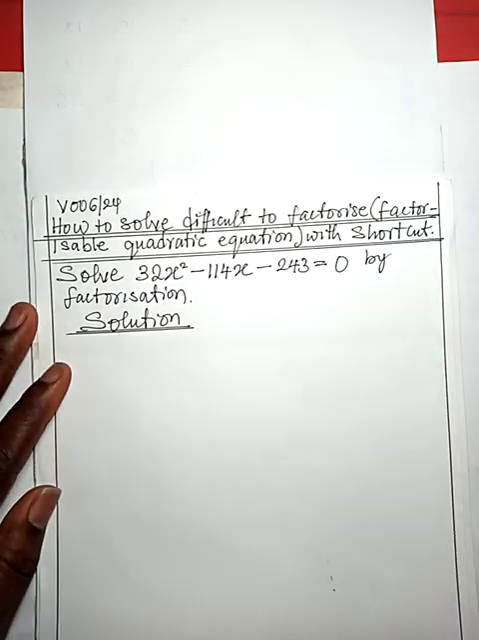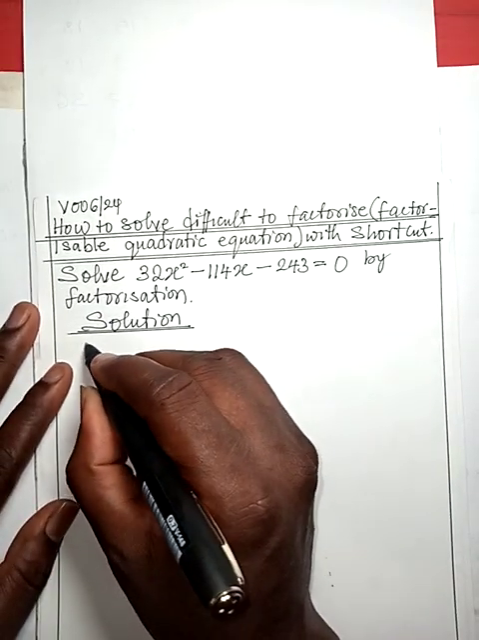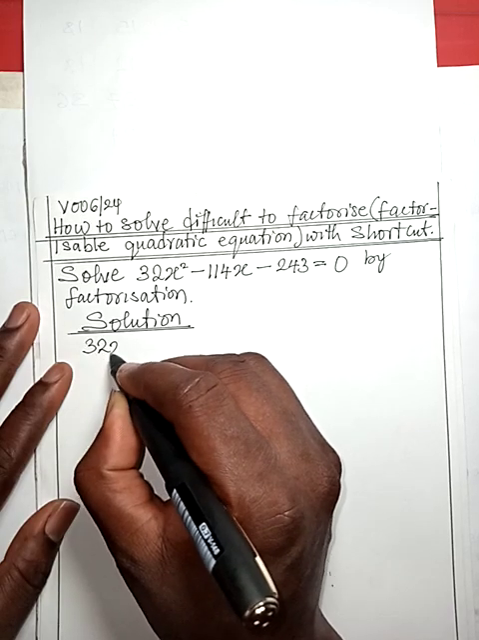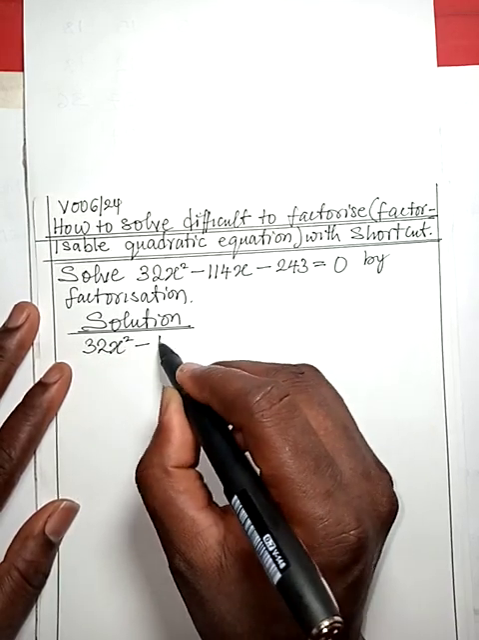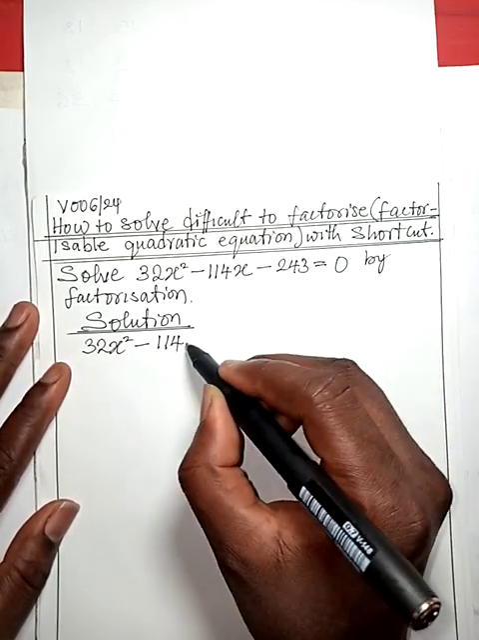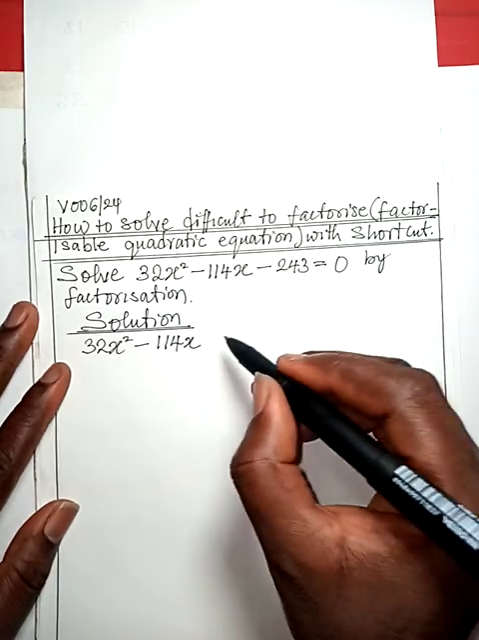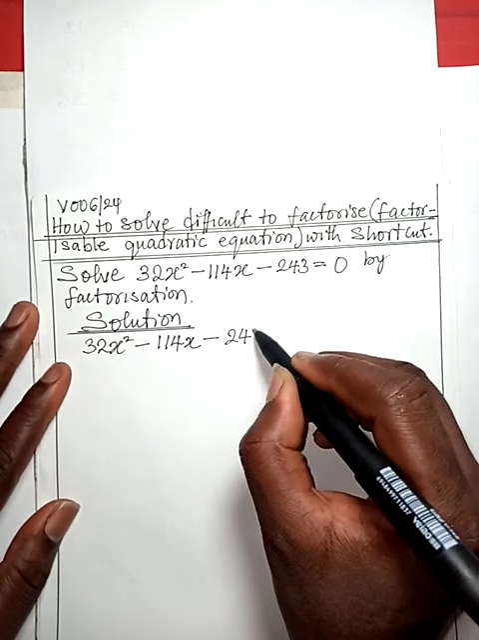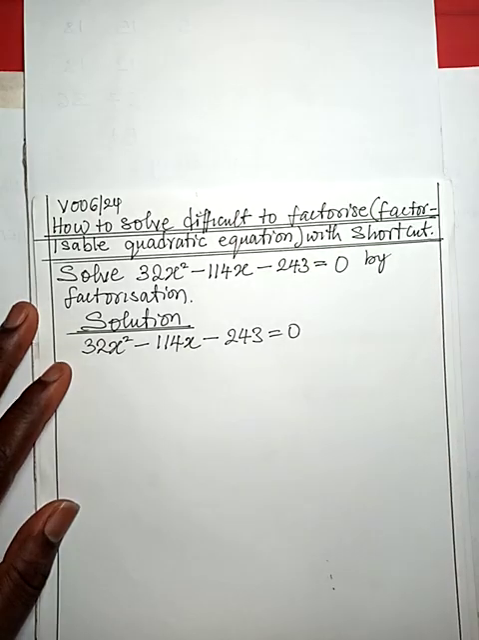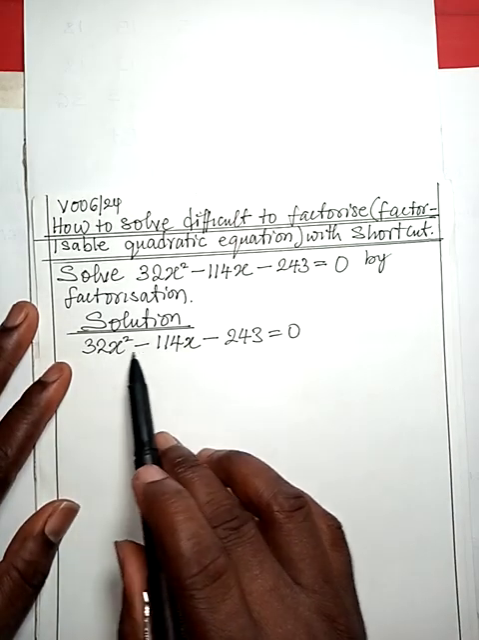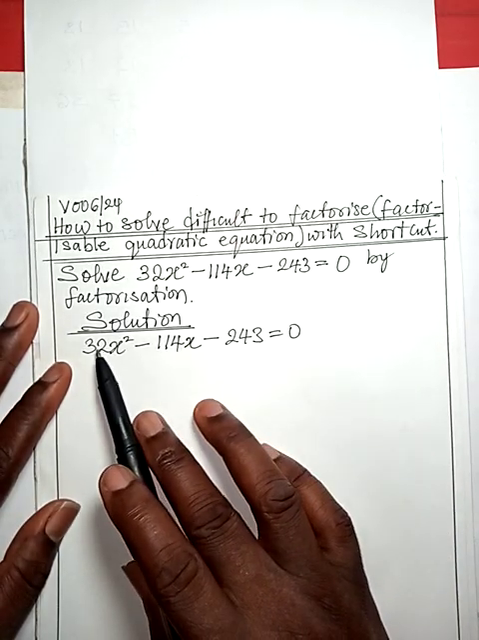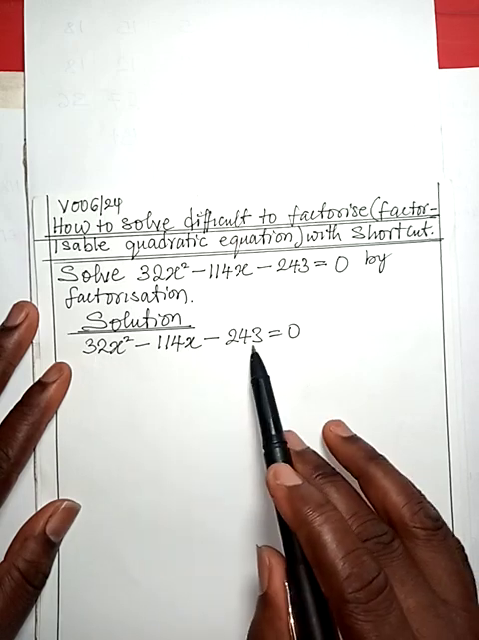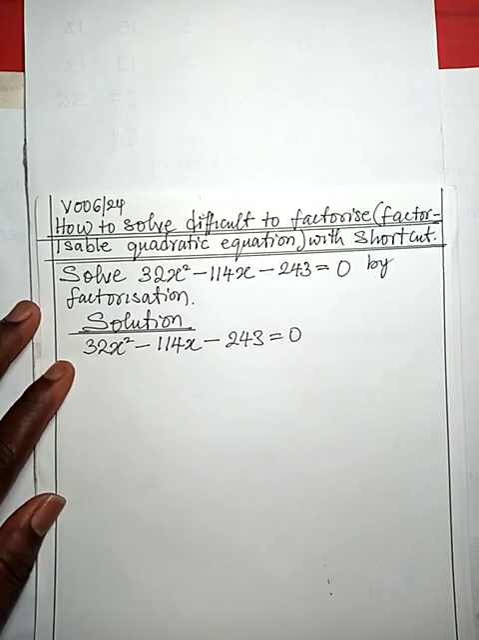Alright, so this is what we have. 32x squared minus 114x minus 243 is equal to 0. This cannot be reduced. This is a multiple of 2, but this is not a multiple of 2. So